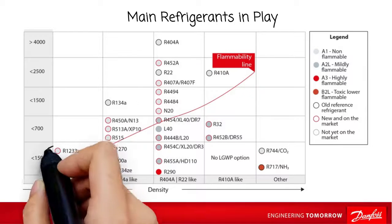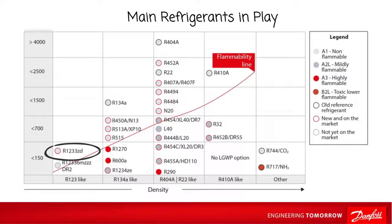But there is already a new non-flammable substitution emerging on the market called R1233ZD. The red circle around 1233ZD means that it is new and on the market, and the color inside the circle means it is a non-flammable refrigerant. At the same time, you can also see that the GWP level of this refrigerant is very low, below 150,